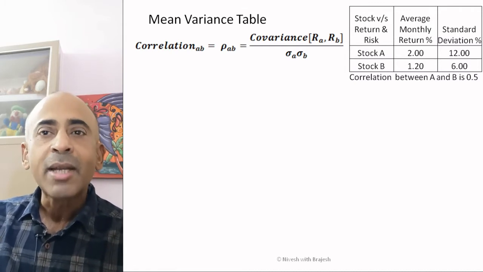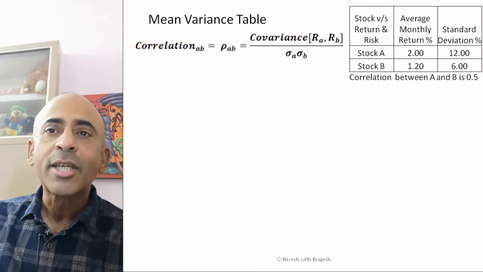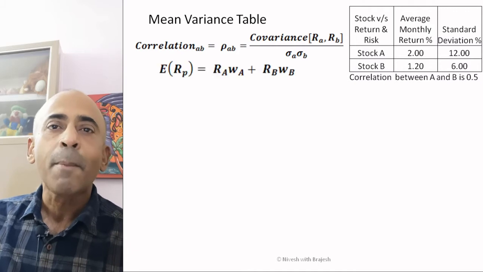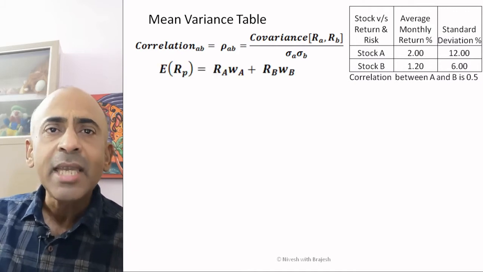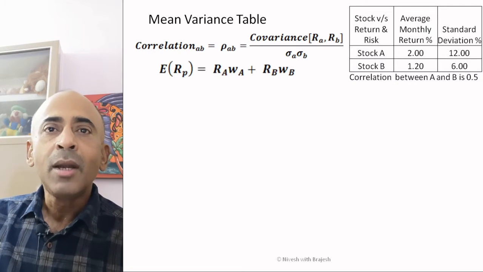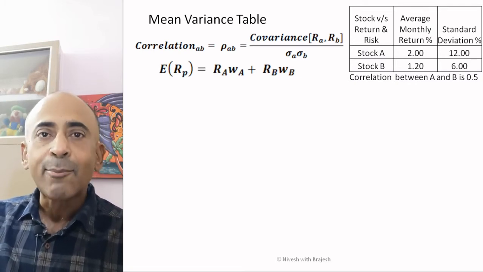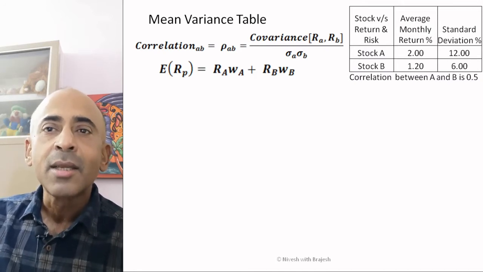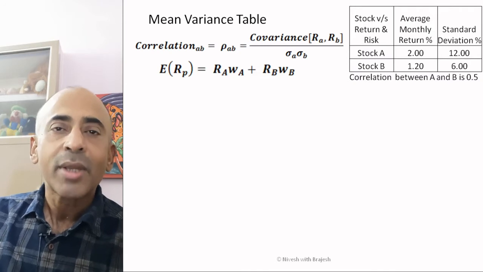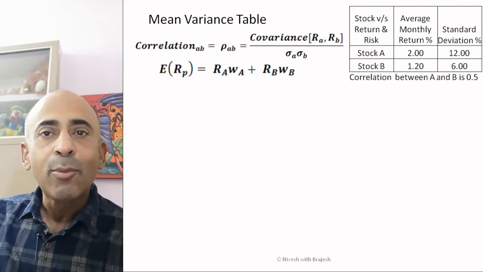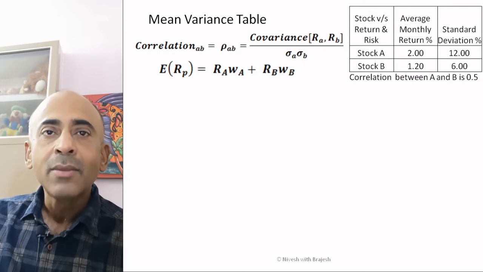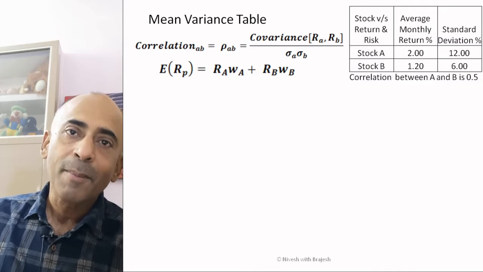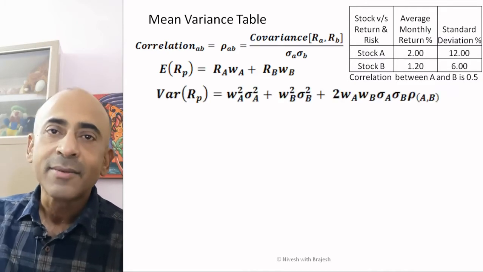That is a table containing expected returns and variance for different weights or combinations of A and B. Now some formulas that are going to be used are as shown here. Now ERP is the expected return of the portfolio, WA is the weight of stock A, and WB is the weight of stock B. The formula used to calculate the estimated returns with various weight combinations of A and B is ERP equals RA WA plus RB WB, that is the sum of products of returns and weights of each stock in the portfolio. And variance is calculated by this equation.